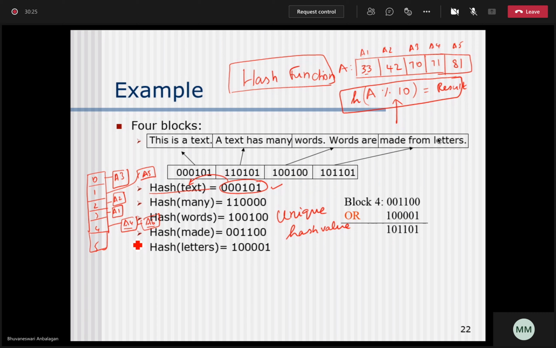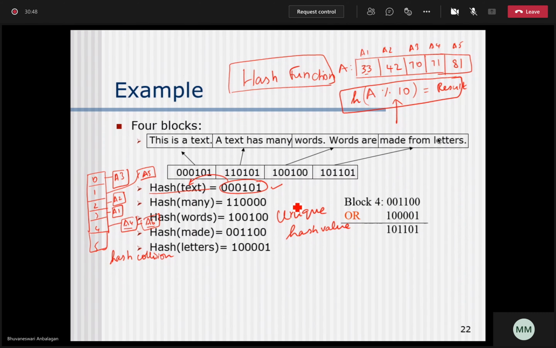What will happen? Hash collision will happen. So you have to create a hash function in such a way that no two or more than one text, or the thing that you need to store, should collide with the same hash value.